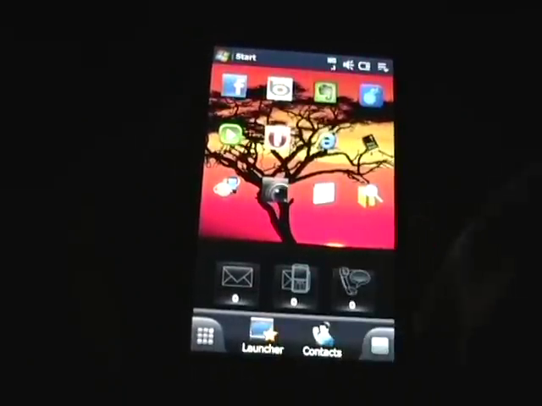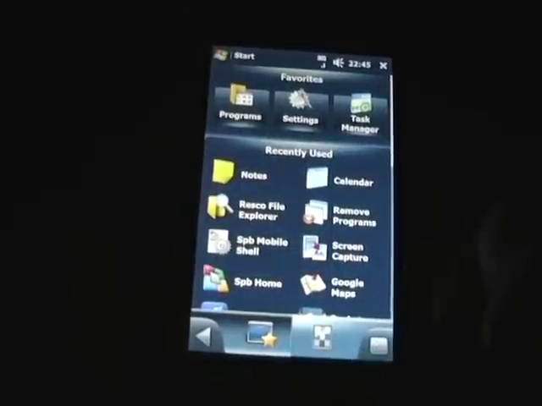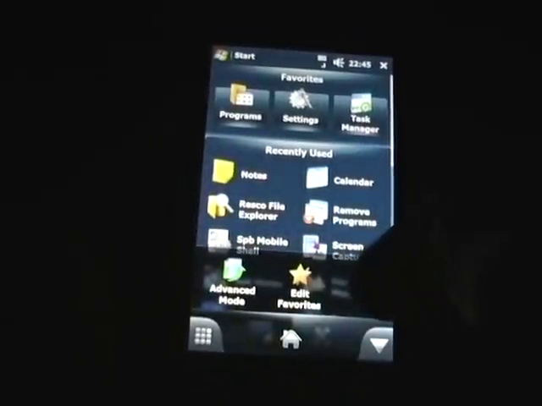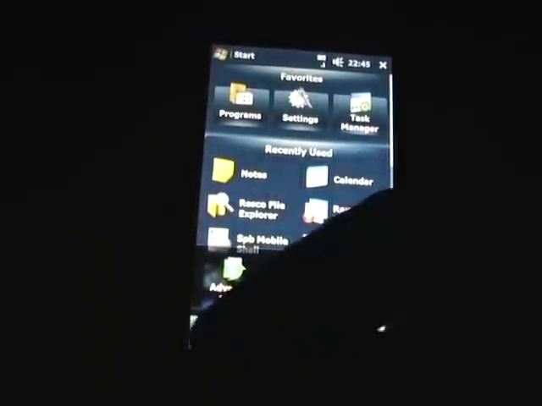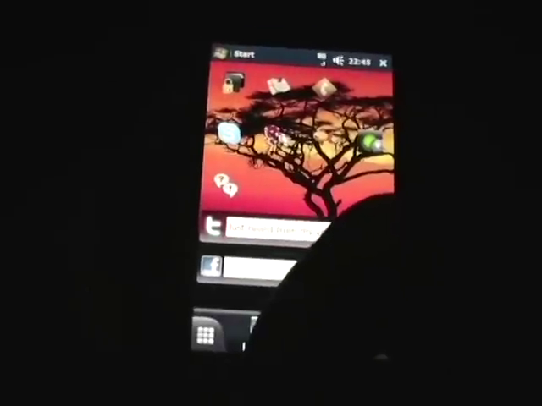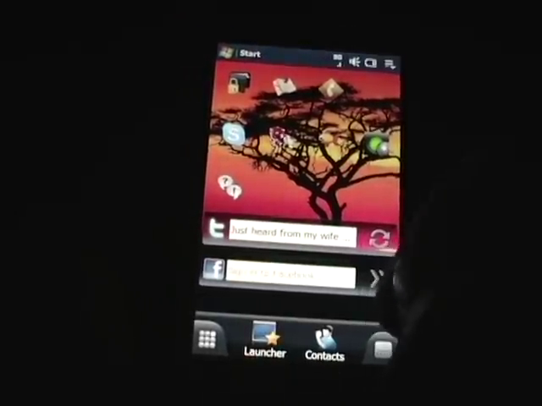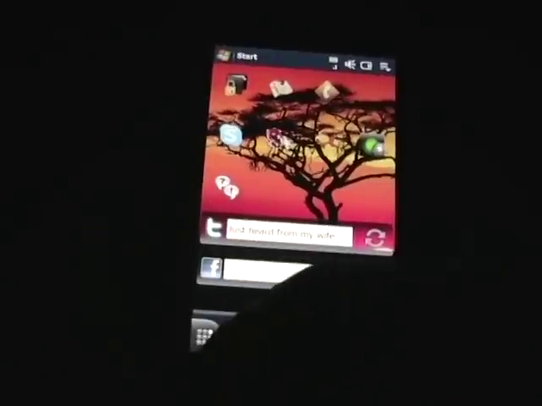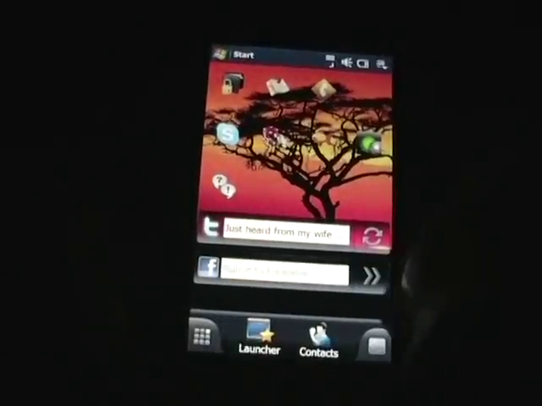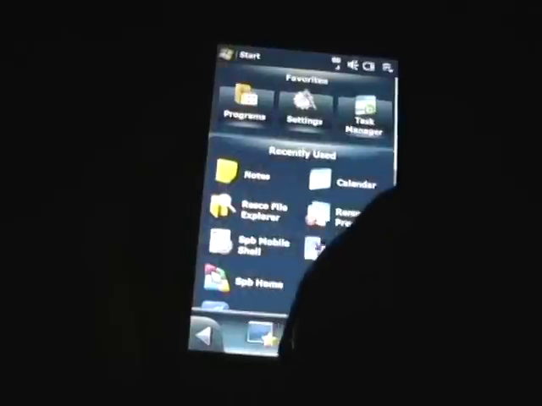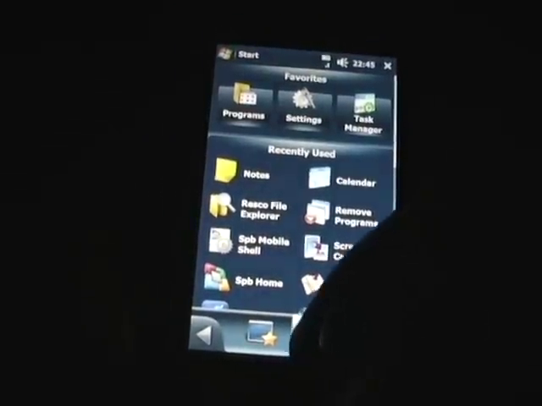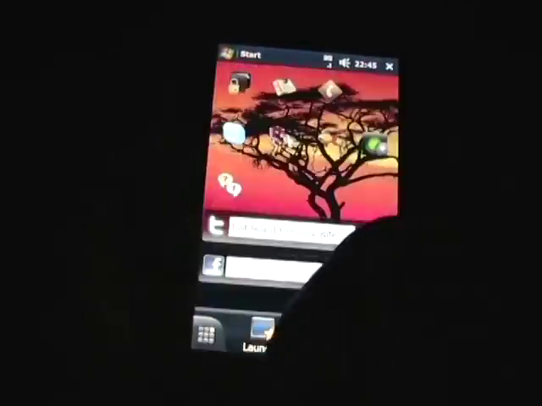So every time you go to something like the launcher here, you tap on the right icon, you can edit those favorites, you can change the advanced mode. I mean, there's just a ton of settings, and you can really customize a device to be how you want it to work. I know the president of my company actually uses this all the time, and he loves the Mobile Shell. So let's try to go back to carousel, go back to the launcher here, and then